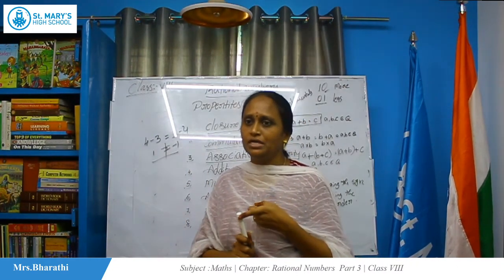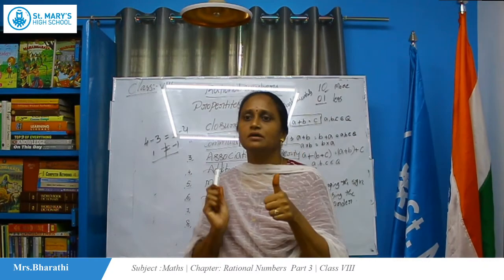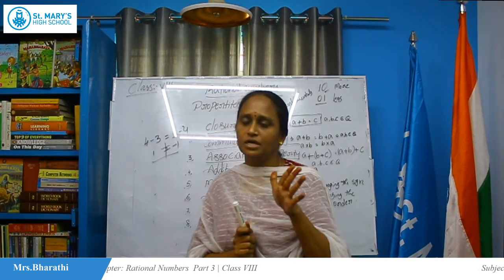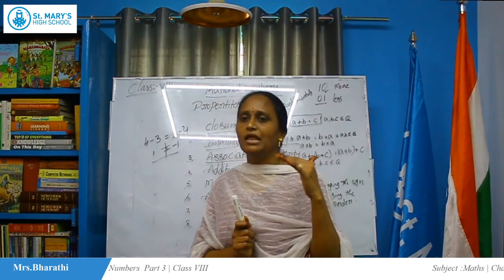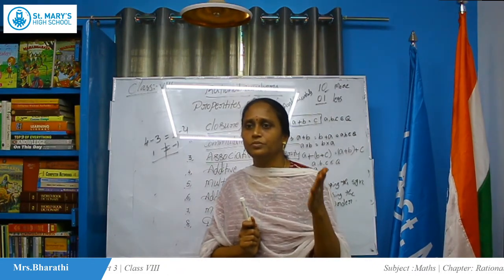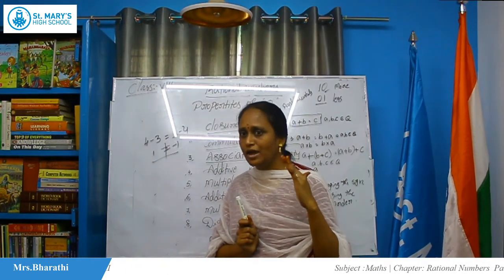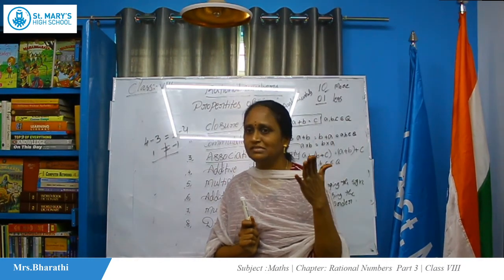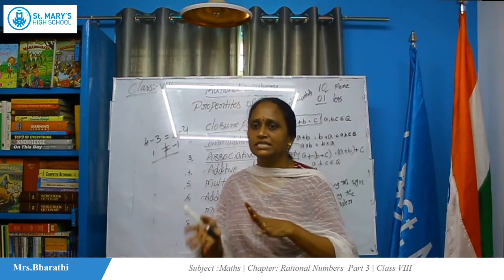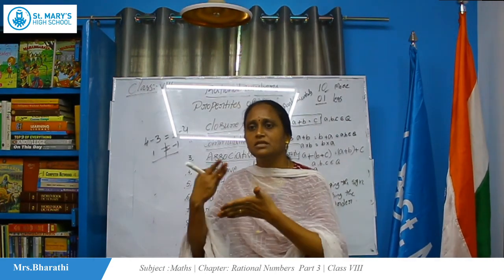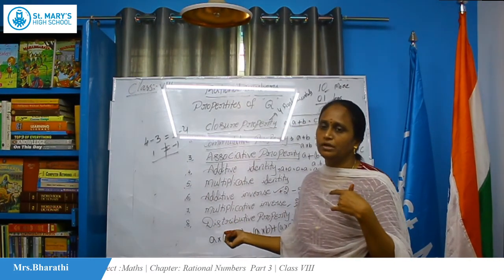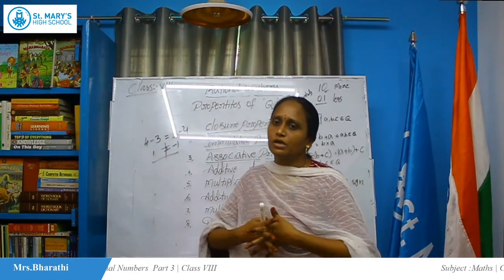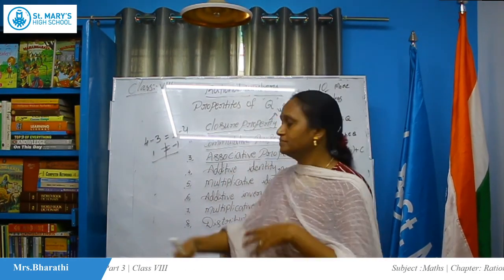So, closure property is possible for the 4 fundamentals, and the commutative property is possible under addition and multiplication. It is not possible under subtraction and division. Similarly, the associative property is also not possible under subtraction and division. The additive identity is 0. The multiplicative identity is 1. The additive inverse is found by just changing the sign. The multiplicative inverse means changing the order. And next, the distributive property. Take examples for all these, apply the 4 fundamentals, and you can show them to me through mail, and thank you.